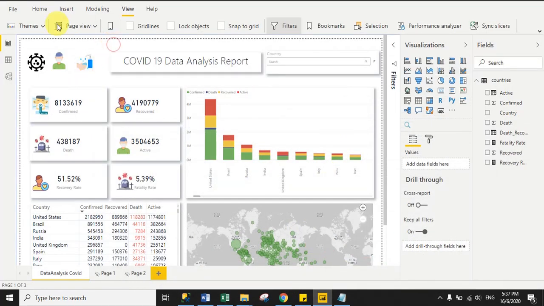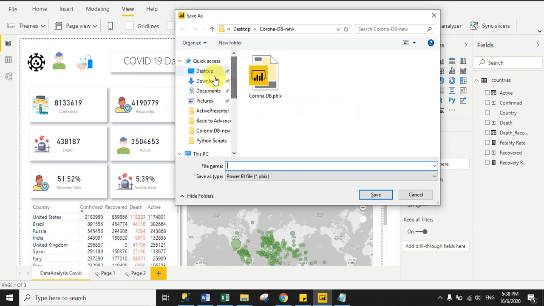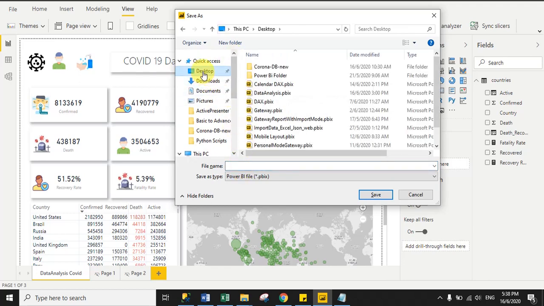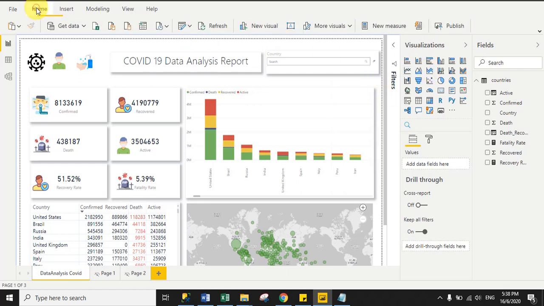So before publishing, we will give it a good name. Just press Control S and select the desktop. I select the desktop and then I give the name COVID-19 data analysis. This one is my report, and then I click save, right? So we successfully saved my report, and then go to the home tab and click publish